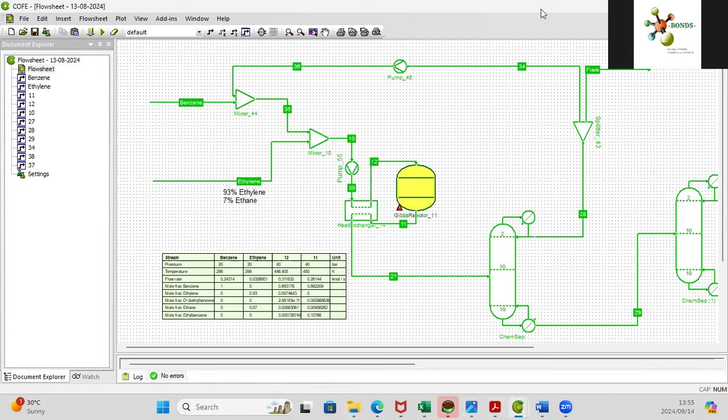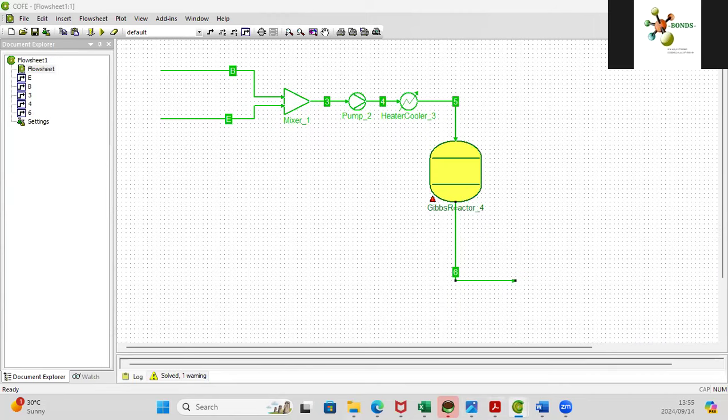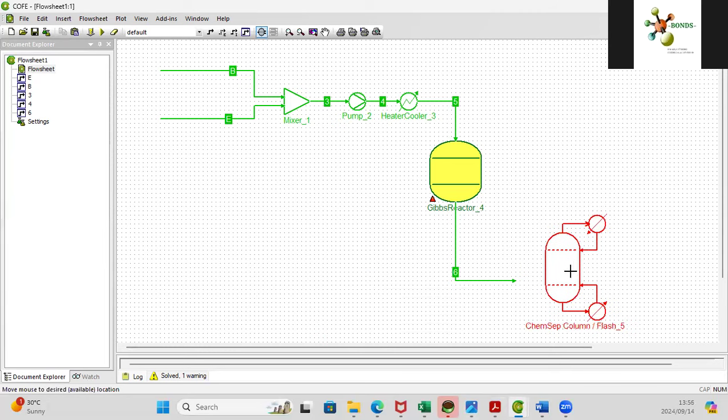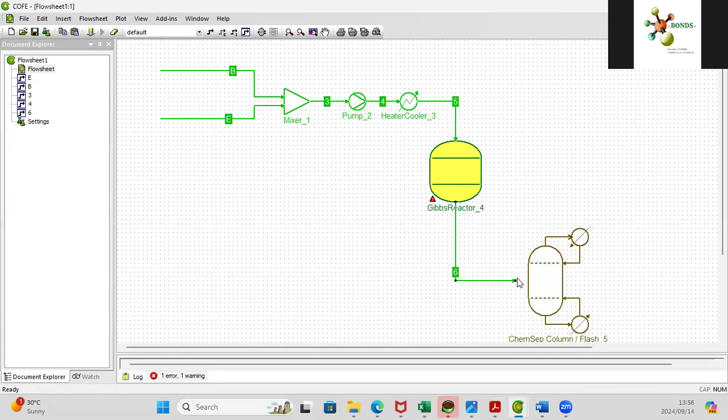The other thing I like doing when I present simulations like this is encountering problems as if I'm encountering them for the first time, so that I'm able to equip you as a first-time user of Cocoa with as many tools as possible. All right, so we'll do our first separation, which will be to separate out the benzene. As I said, from literature, I saw they were doing it using a distillation column. So we're going to go ChemSep column. I'm going to select that. You see that will come up. Then what we'll do is add that to